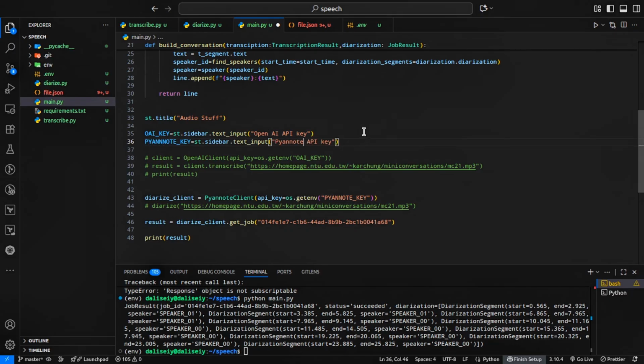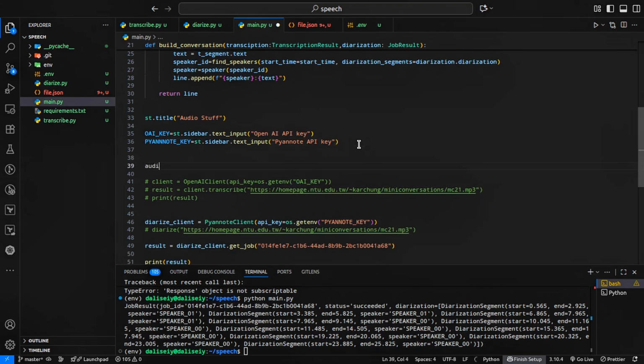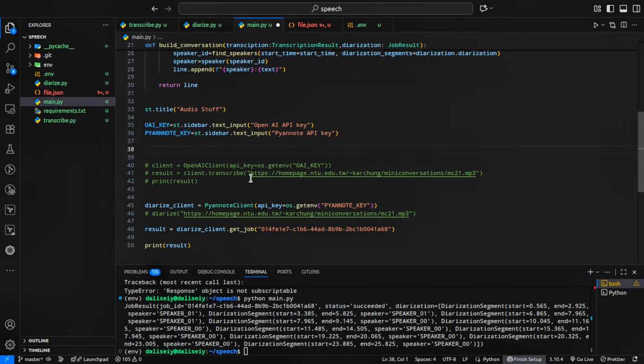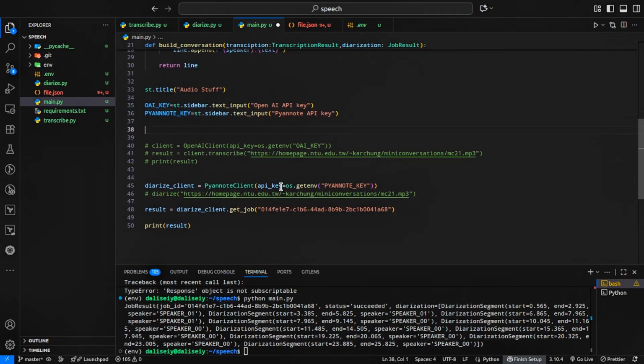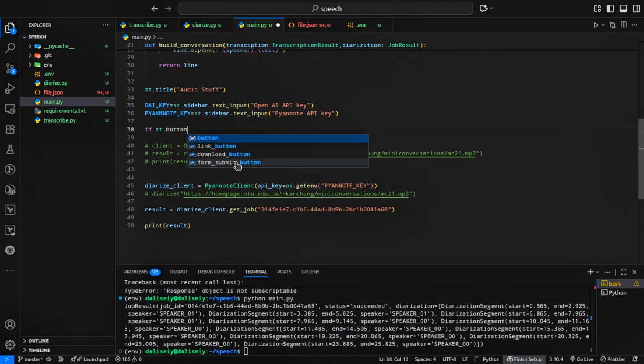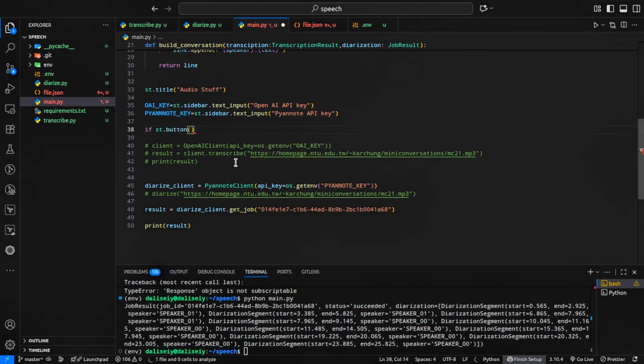Now that we have that, we're also going to want to specify our audio underscore URL. Okay, we don't need this. We don't need the audio underscore URL, because it's a dashboard. We want the users to be able to put in their URL. If you recall, we had more of a static URL that we used, but for this interface, we're not going to be working with that. So what I'm going to do is create a button that runs the entire pipeline. I'm just going to say if st.button,